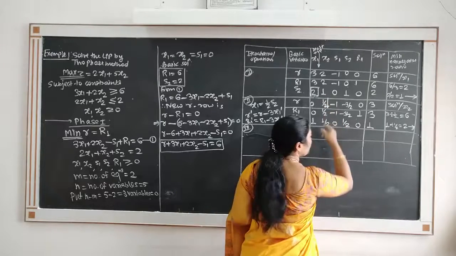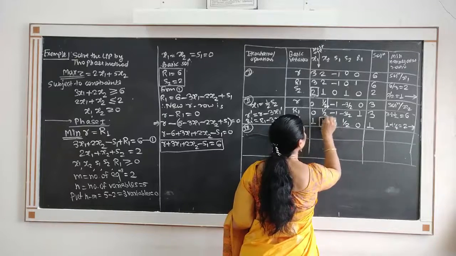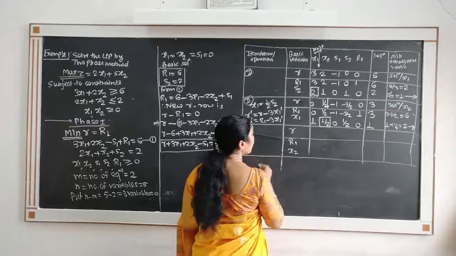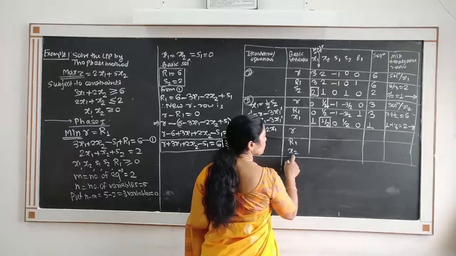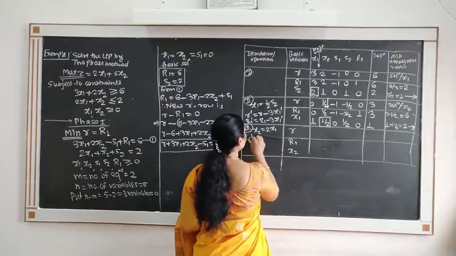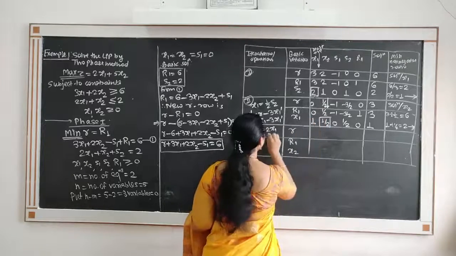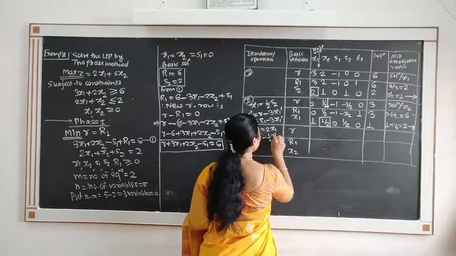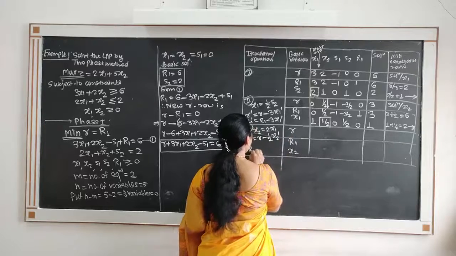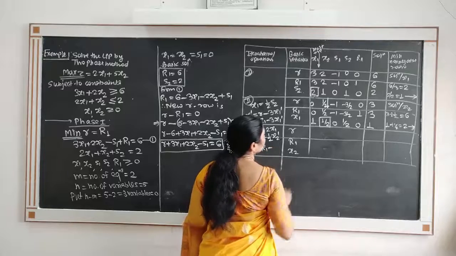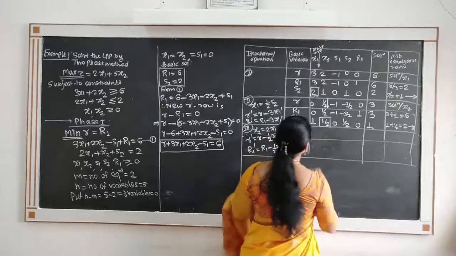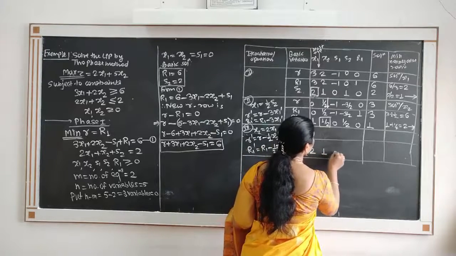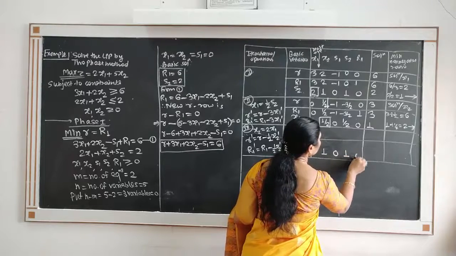The intersection of pivot column and pivot row is 1 by 2. We have to make this to be 1. So our first operation is x2 is equal to 2 times x1, x2 is equal to 2 times this row. R dash is equal to R minus 1 by 2 times x2 dash, and R1 dash is equal to R1 minus 1 by 2 times x2 dash. So do the operations. 2 times, so this is 2, 2 times 1, 0, 1, 0, 2.